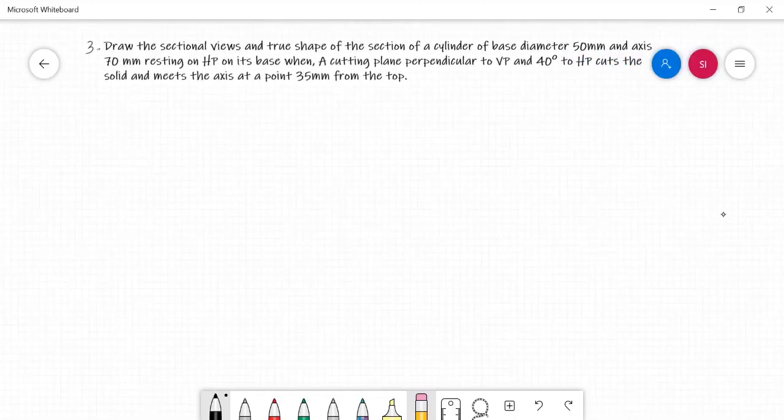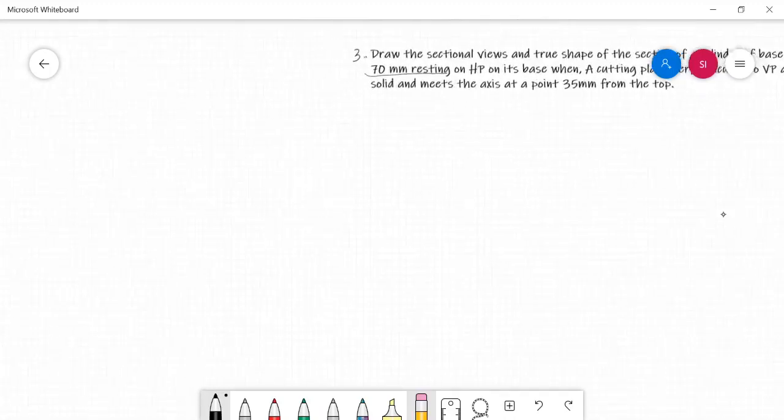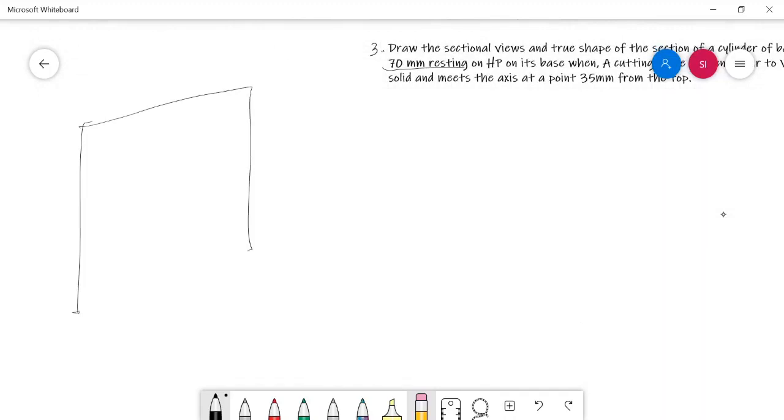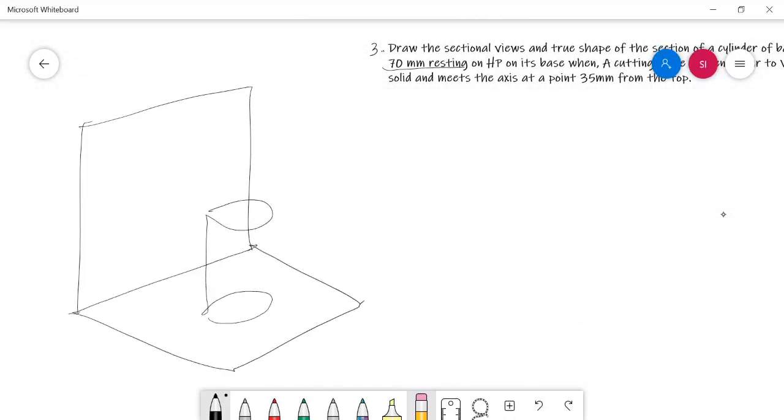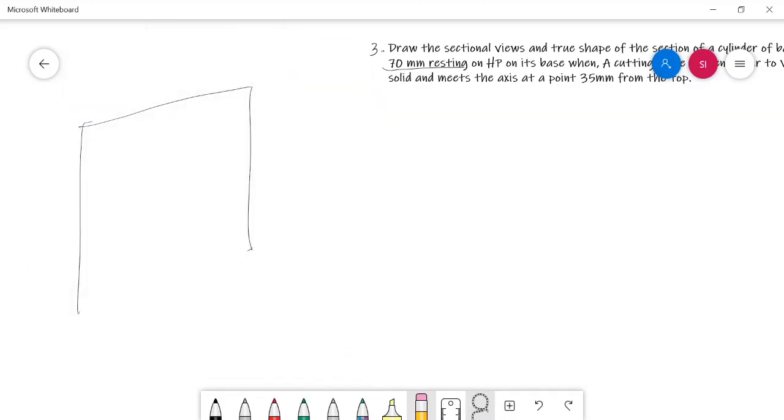Now let's start the problem from the projection of solids. Here the object given is a cylinder. Its dimensions are given, that is its diameter 50 mm and axis height is 70 mm. It's simply resting on the HP on its base. So if a cylinder is resting on HP on its base, definitely its base view, a circle, will be visible only in the top view. So in the top view only we are going to draw the base view of the solid. So as usual with the XY line I can start the answer.